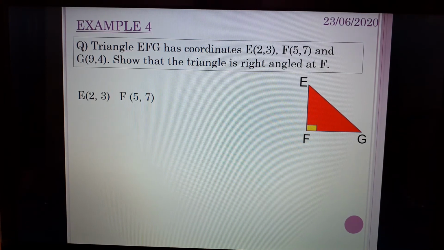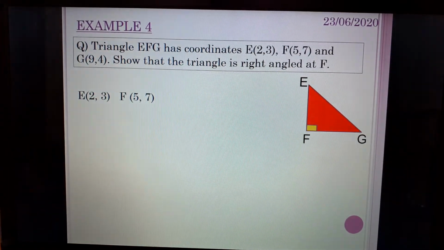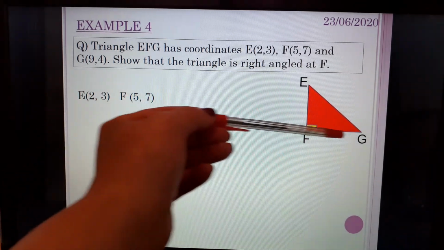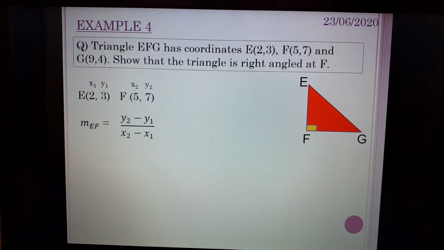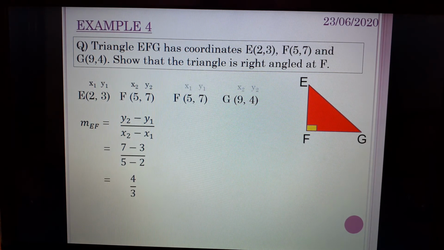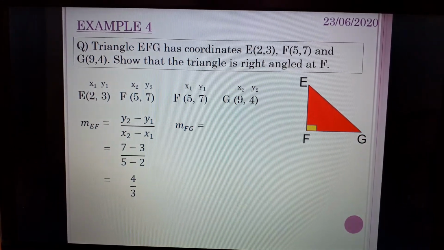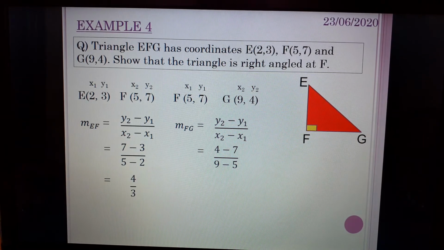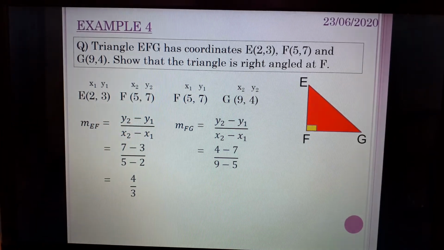Okay, so let's start with E and F. That's why it's so important to have the diagram, because otherwise people might be working out the gradient of EG, and that's irrelevant to whether this is right angled at F or not. Okay, so let's find the gradient of EF. 7 minus 3 over 5 minus 2, so we've got 4/3. Okay, now let's find the gradient of FG. So we've got 4 minus 7 over 9 minus 5,